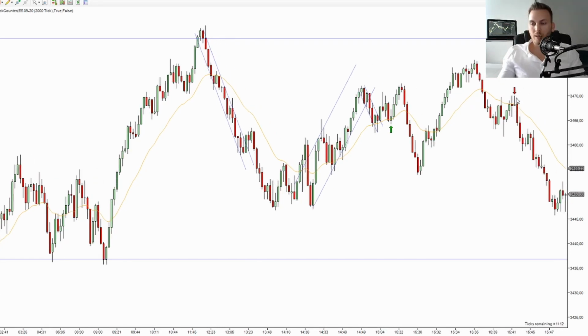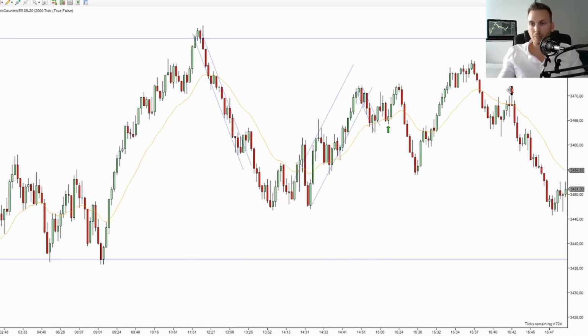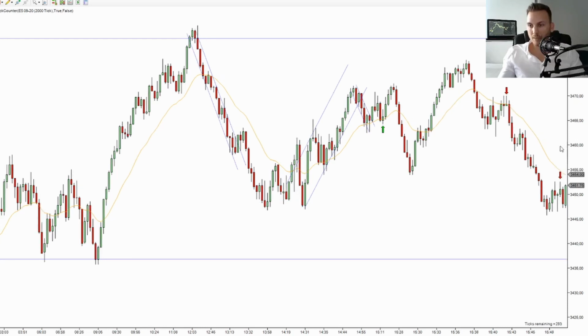But unfortunately, I missed this when I was trading live, and this is where I went short, and I didn't get the 10 ticks. I got stopped out here. This is the first entry, second entry short, and I was treating this as